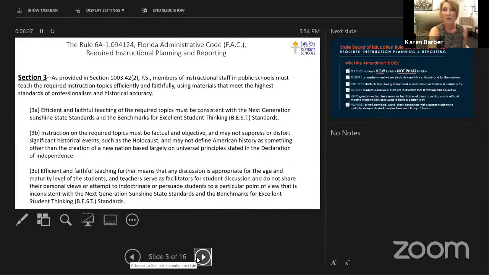Instruction, of course, must be factual and objective, and it should not suppress or distort significant historical events. And of course, you see they've listed some of those: the Holocaust, American history as something other than the creation of a new nation based largely on universal principles stated in the Declaration of Independence. It also includes teaching about the Civil War, about Reconstruction, about the significant contributions of African Americans, of Hispanics, and